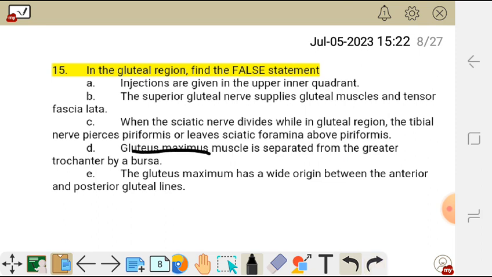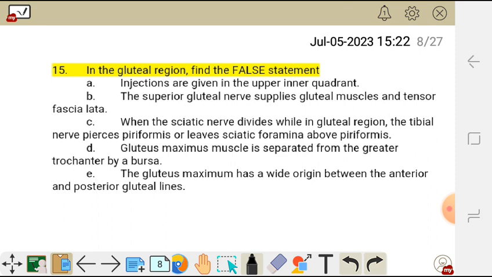D. Gluteus maximus muscle is separated from the greater trochanter by a bursa. E. The gluteus maximus has a wide origin between the anterior and posterior gluteal lines. So in the gluteal region, find the false statement. So question 15,